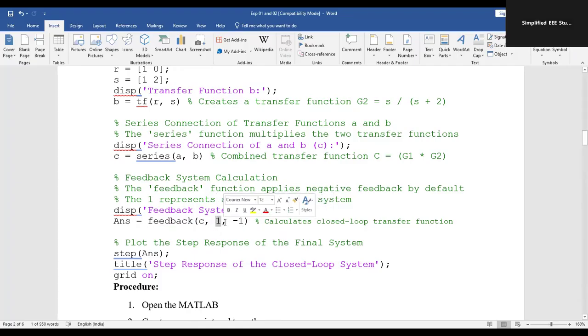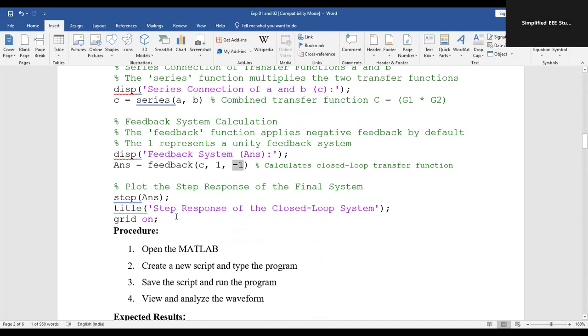1 stands for unity feedback, then minus 1 stands for negative feedback. If it is positive feedback, in spite of minus 1, you have to put plus 1. So at that point you have to mention it. Okay. So next, you are supposed to